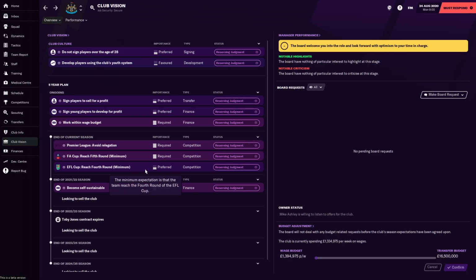And as I always say with these team guides, if you go and win the EFL Cup and get relegated, that ain't going to be enough, because the club want you to focus on the Premier League. Make sure you avoid relegation. But for example, if you only reach the 4th round of the FA Cup and go and win the EFL Cup, then the club are going to be okay with that. A bit of a bad example with Newcastle because these two are requirements, but you hopefully get what I'm trying